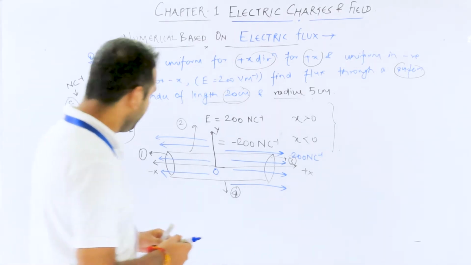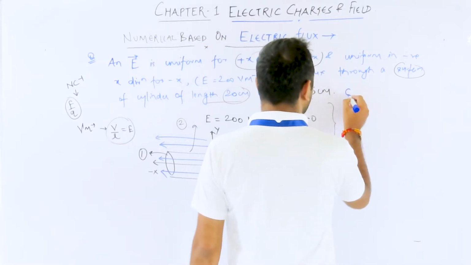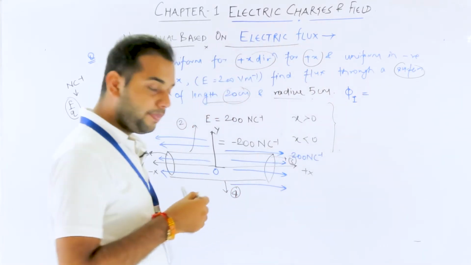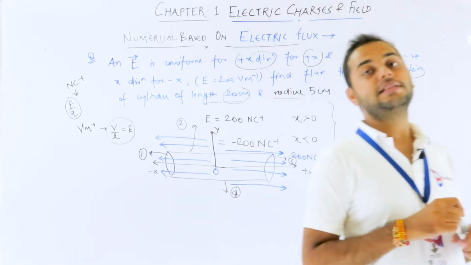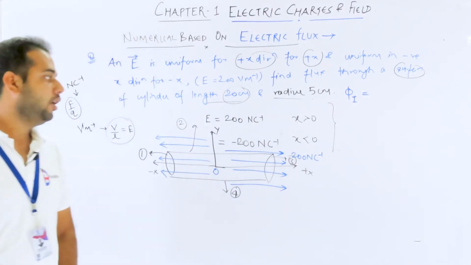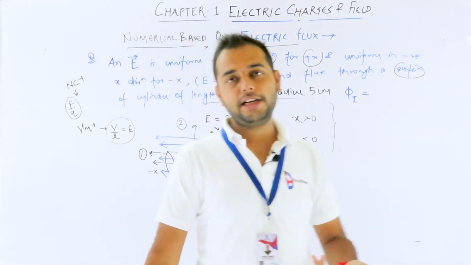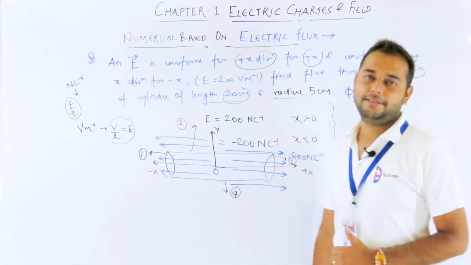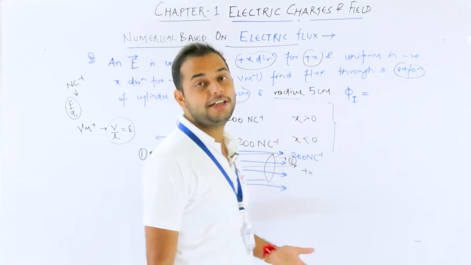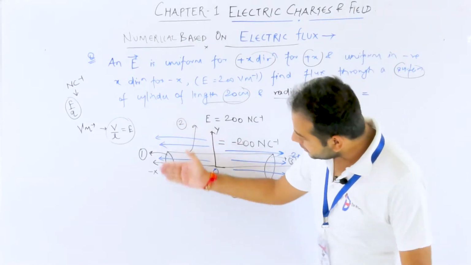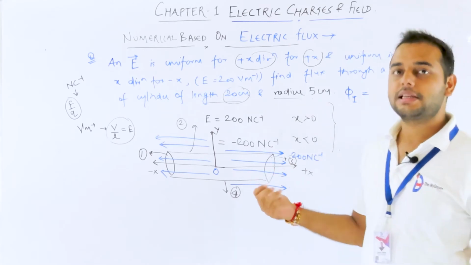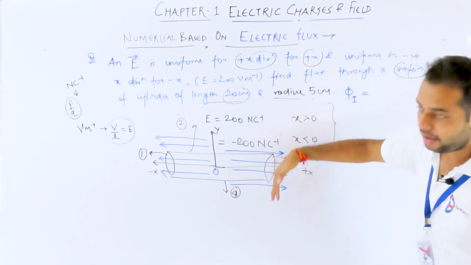Now we will try to calculate the flux through surface number 1. Flux through 1, which is simply, okay guys, let me know. I explained for 10 minutes in the last class whether we have to use integration or not in the calculation of flux. So in that case, should I go for integration or not? Obviously not, because on this face the electric field is constant throughout. On that face the electric field will be constant throughout. In this case, this is 0, and the electric field is also constant on that face, isn't it?